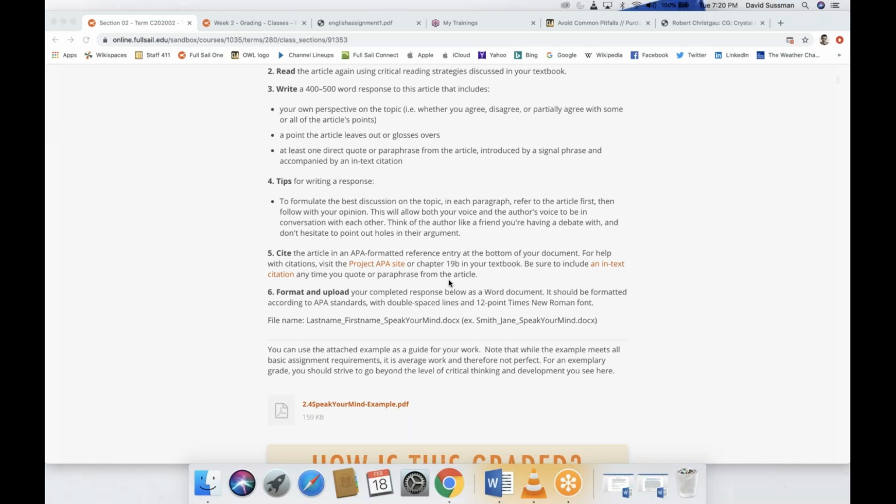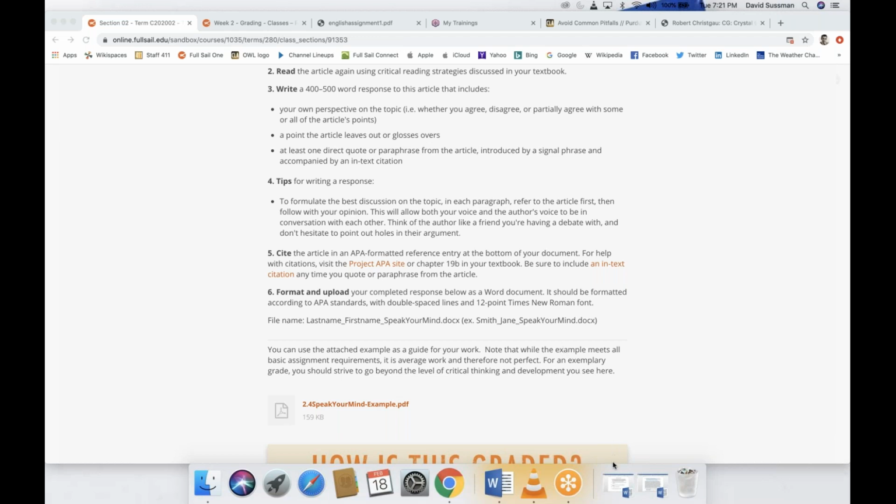Can you read it from start to finish? You've never read the article, you know nothing about this class, you know nothing about this assignment. Can you pick it up and read it from start to finish? If you can really honestly step outside of yourself and pretend that you're not you, you should be able to catch these moments where things aren't fully explained. I do have a strategy you can follow.